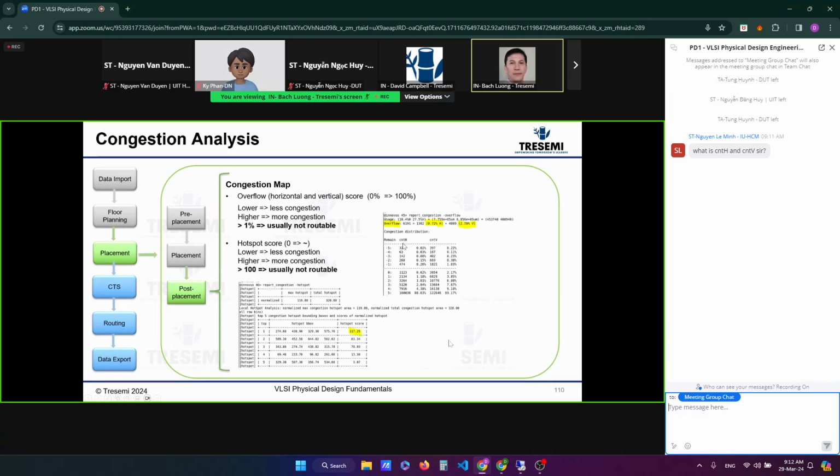This is the horizontal congestion count and vertical congestion count. This is the way that Innovus scores it. You can look more into the definition in the manual, under report congestion, for the details of exactly what it means. This will tell you more about exactly what these numbers are. It's basically the count of the number of congestions in that particular